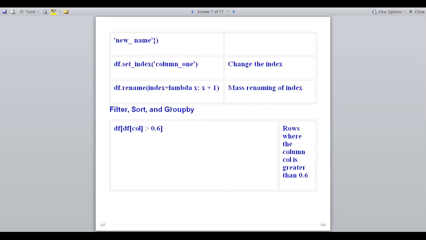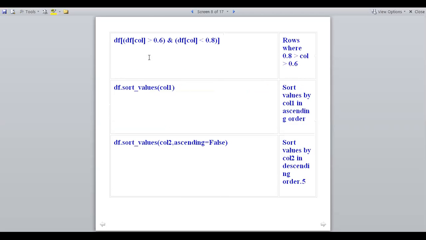And then filter, sort and group by functions can also be used with the data frame. df[df[col] > 0.6]: what does it do? It returns rows where the column is greater than 0.6. And df[(df[col] > 0.6) & (df[col] < 0.8)] returns rows where the column is greater than 0.6 and less than 0.8.